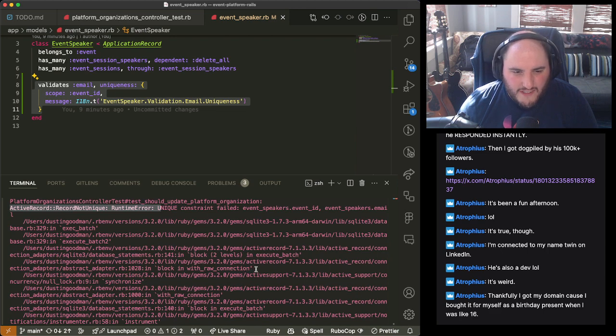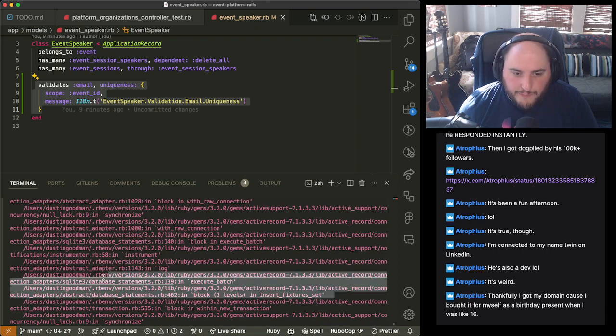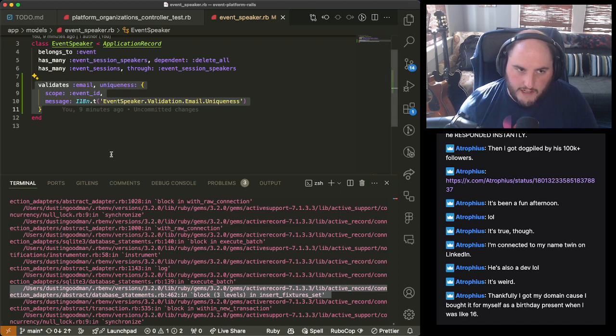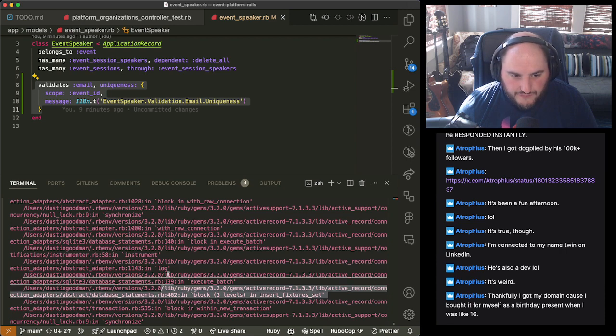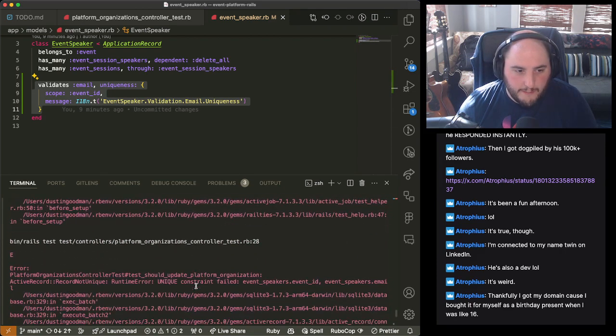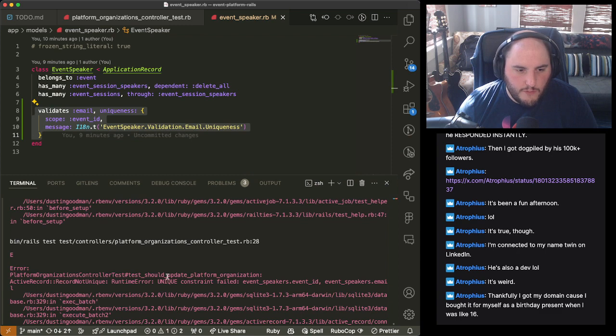If we look down just low enough, I saw it somewhere right here, insert fixtures. This is failing when it's trying to do fixtures with uniqueness constraints. So we're finding our first rub with fixtures that I didn't realize was going to exist. Now we've got to figure out why this is happening and fix it, because this runtime exception is happening because fixtures just get inserted into the database, but don't deal with the fact that I am putting uniqueness on them. So let's just see what's happening with this.